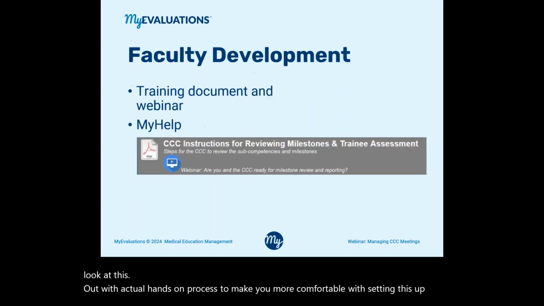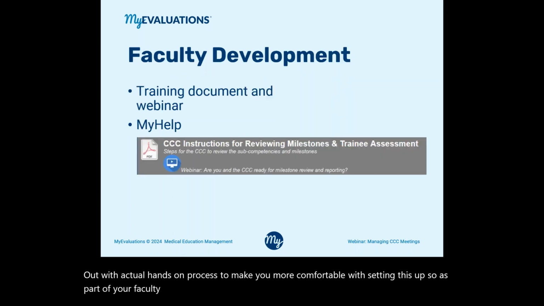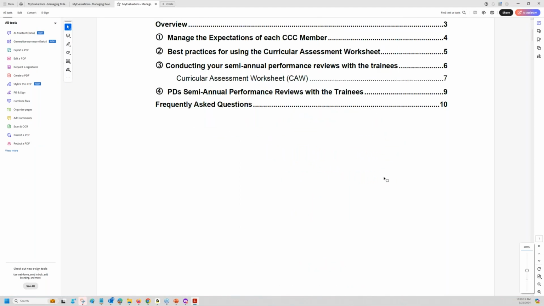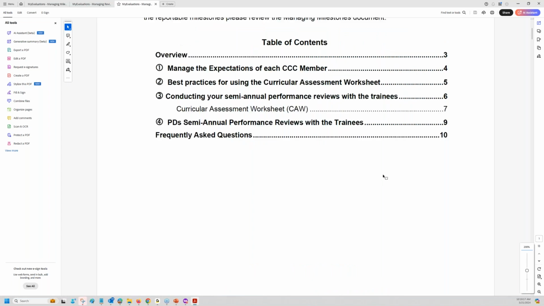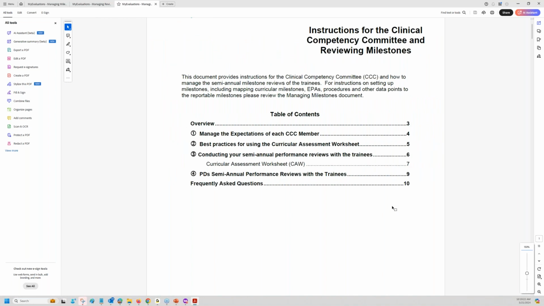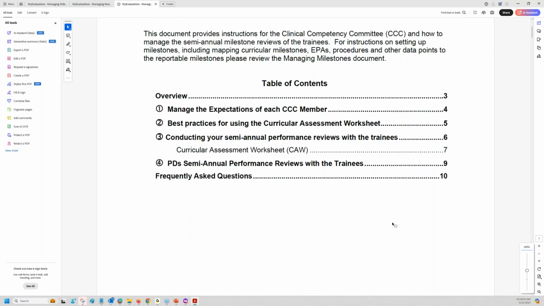As part of your faculty development process, we want to make sure that you share the instructions for the CCC. There's a document that's available under My Help. It's instructions for the Clinical Competency Committee and reviewing the milestones. It's a relatively straightforward document. It has quite a few picture pages, but it also has important content, specific content here on managing expectations of CCC members,